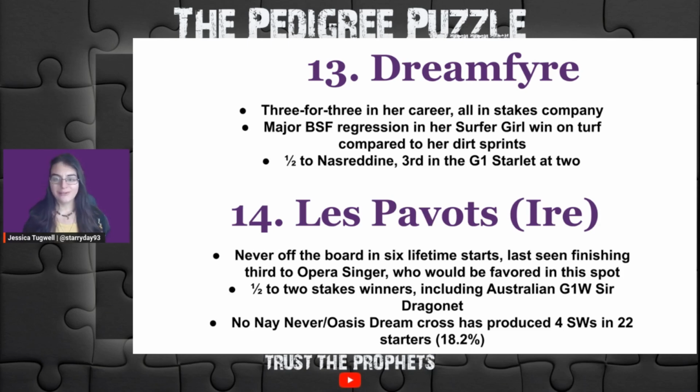And this No Nay Never Oasis Dream cross has produced 4 stakes winners in just 22 starters, so you know that it works. She, I think, is another one that you really have to take a look at. The concern with her is the outside post because she does have a little bit of tactical speed. She actually led in that second start sprinting and was close up in the Prix de Roi in her 3rd